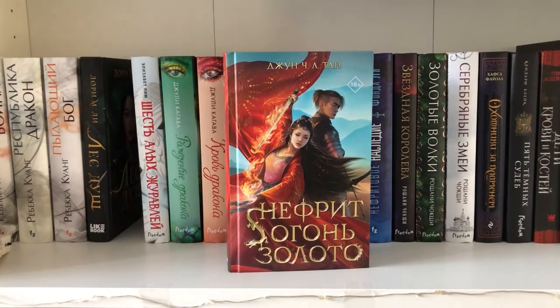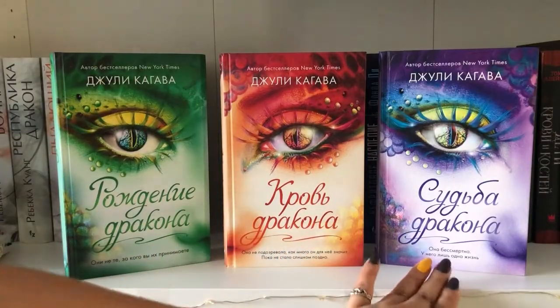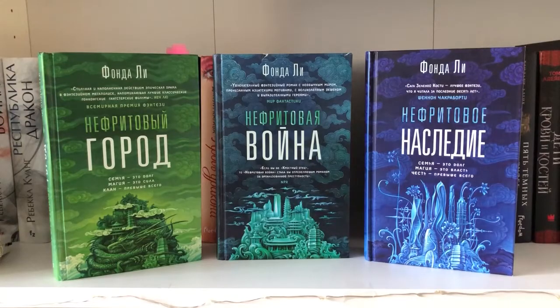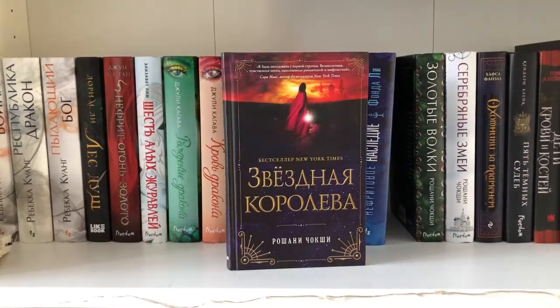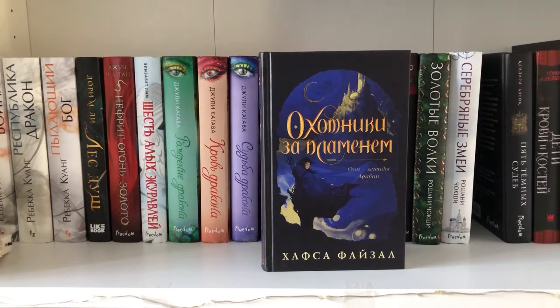Lee, Jade Fire Gold by June CL Tan, Six Crimson Cranes by Elizabeth Lim, Talon, Legion, and Inferno by Julie Kagawa, The Wicked Fox by Kat Cho, Jade City, Jade War, and Jade Legacy by Fonda Lee, The Star-Touched Queen, The Gilded Wolves, and The Silvered Serpents, all by Roshani Chokshi, We Hunt the Flame by Hafsah Faizal, Five Dark Fates